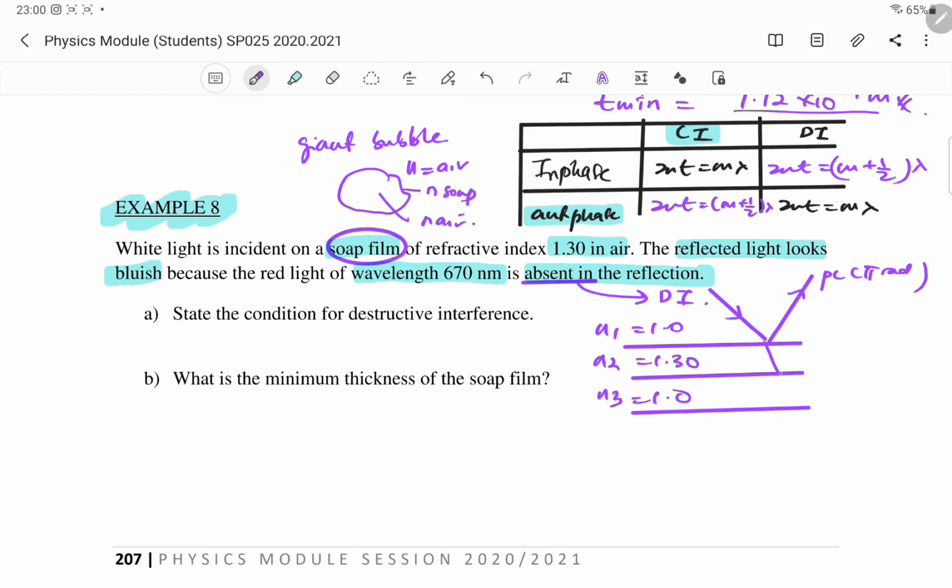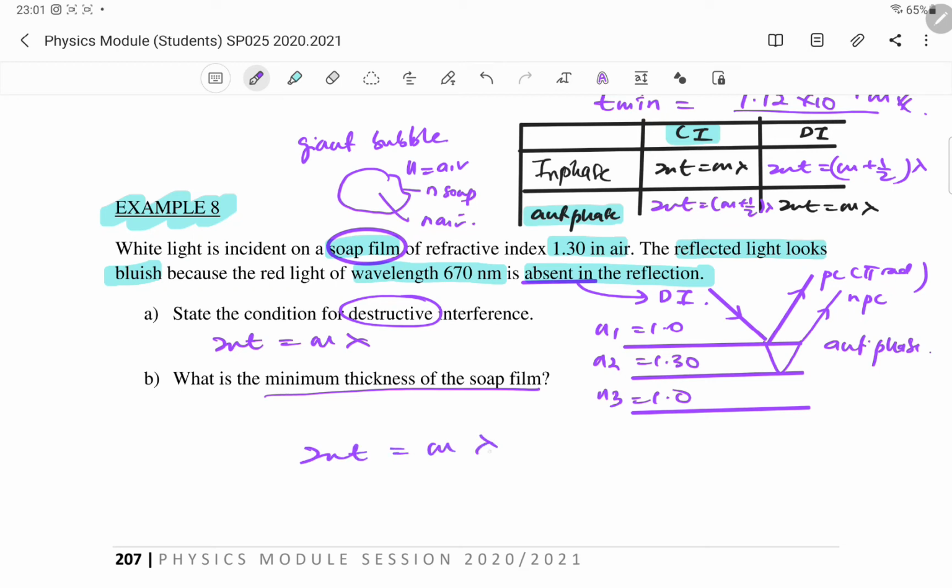Ini sama juga. Okay, denser to less, no phase change. So ini adalah anti-phase. Okay, so untuk anti-phase coherent source, kita ada 2nt equal to m lambda for the destructive interference. So find the t minimum. So 2nt equal to m lambda. n is 1.30. t is minimum. m is 1. Lambda is 670 times 10 power of negative 9. So your t minimum